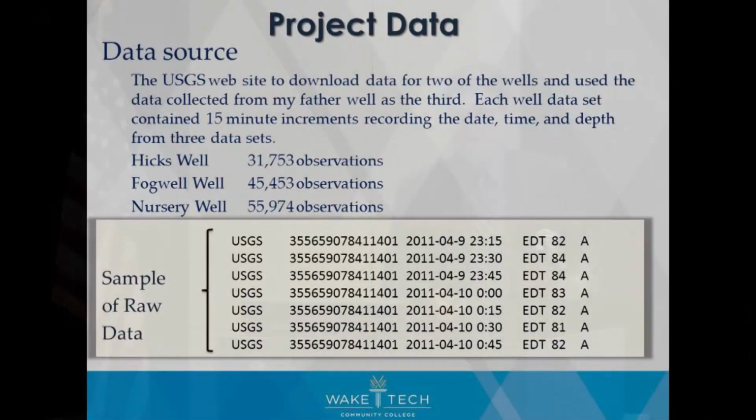My hope was that by correlating the groundwater depths of wells in close proximity, I could show that the underground water tables were connected. There's no real way to show that, because a lot of people will just say that if your well goes dry, that means you're using too much water. But if the wells are connected with other wells in close proximity, this would demonstrate that an individual well's daily water usage doesn't affect the depths as much as the rise and fall of the general groundwater table.